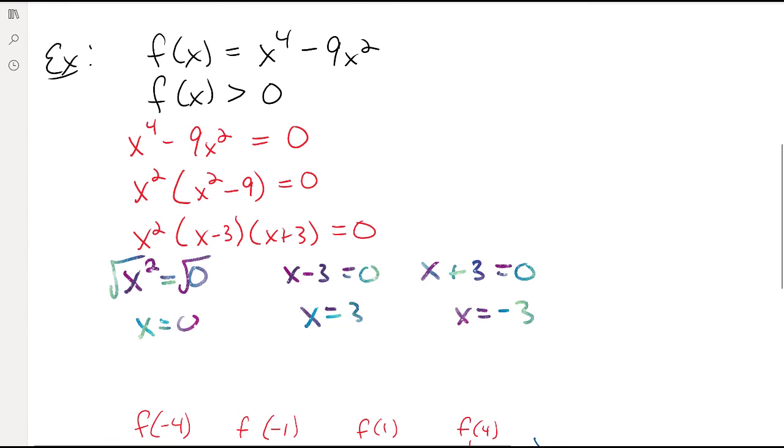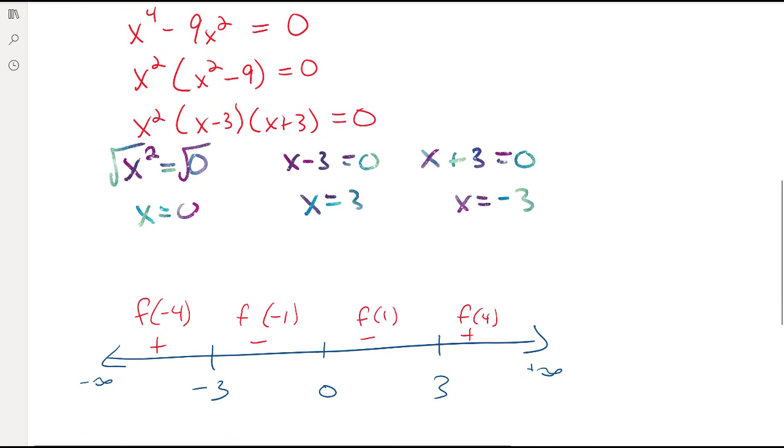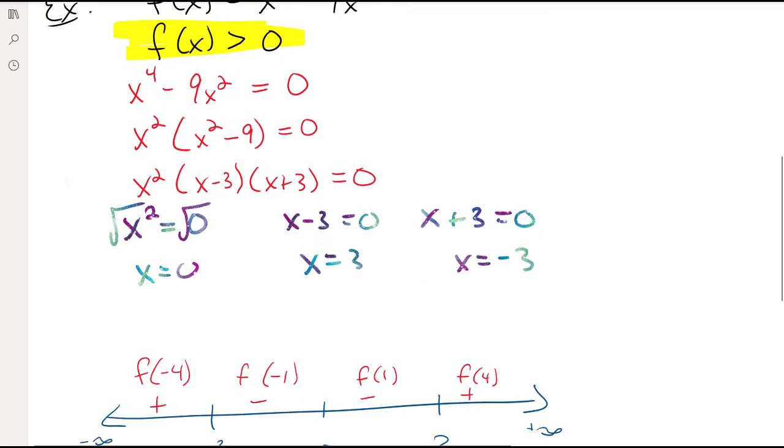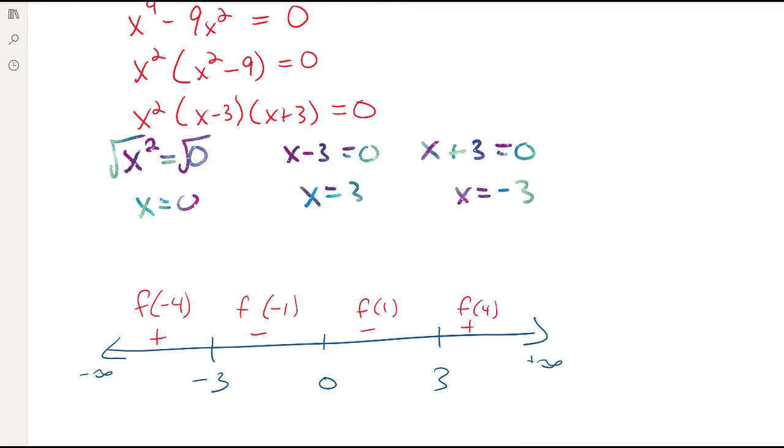So the original question says, for what values is f of x greater than 0? So that means, what do you think? Are we looking for something positive, a plus, or a minus? Well, greater than 0 means we're looking for positive, so our answer is going to be everywhere that we have a plus, okay? And because it's a strictly greater than, we're going to use parentheses when we get close to